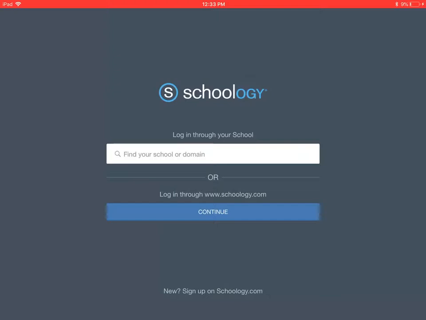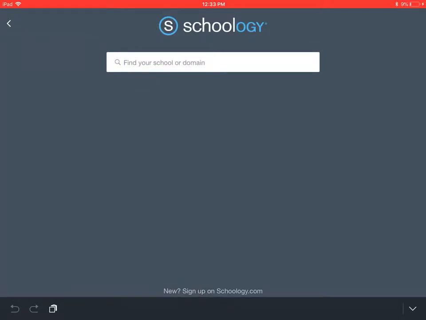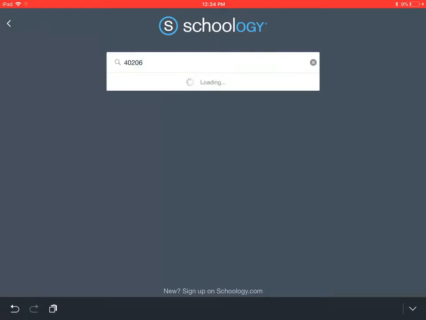The very first time we open the app, we'll see this screen. Click on the first box that says Log in through your school, find your school or domain. Teachers, this would be an okay time to pause and make sure everyone sees this screen. Once we're all here, we can type in the school's area code, 40206,